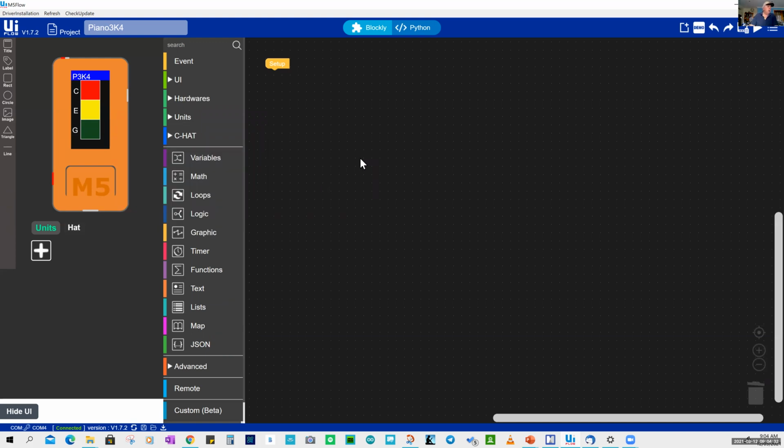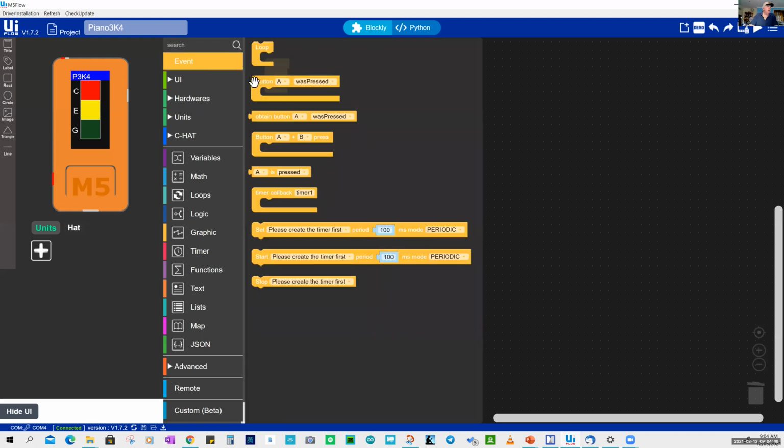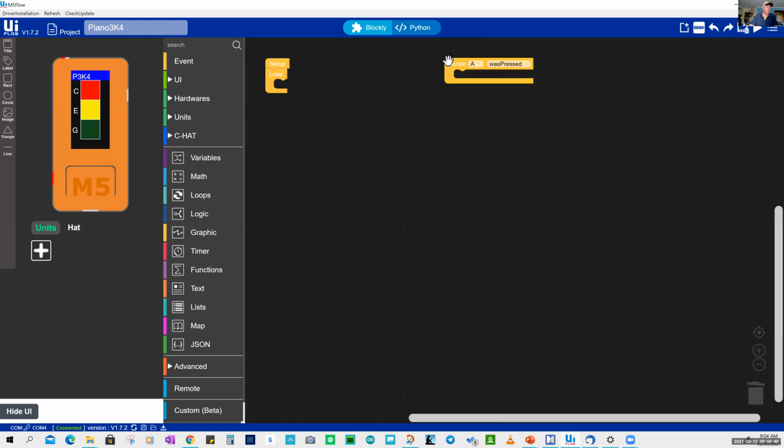Now we're ready to do the programming. So we've already got setup. We don't really need loop, but we can put in loop and just leave it empty. We're going to use buttons A and B. So we bring down button A, and we can duplicate that and call the other one button B. Now we have to populate these. We have to put something under each of setup and also under button A and button B. So we want to keep track of where our